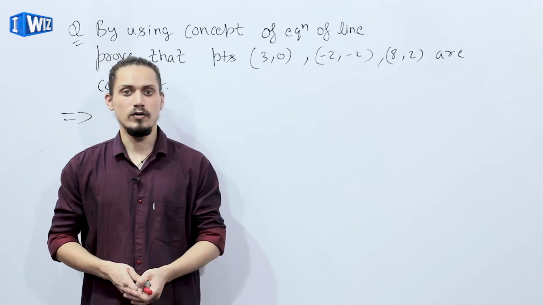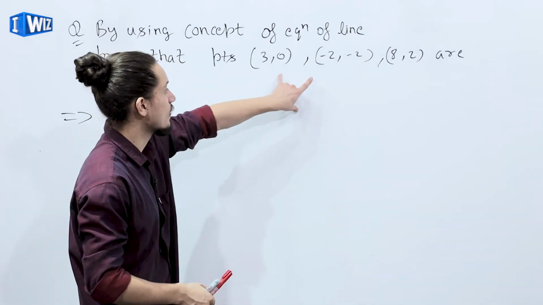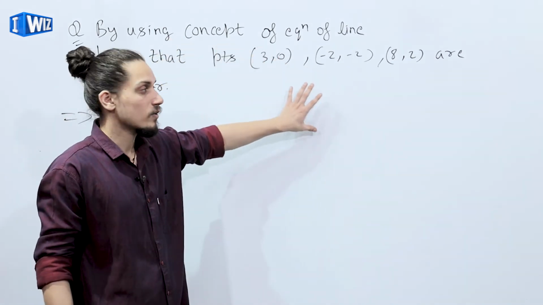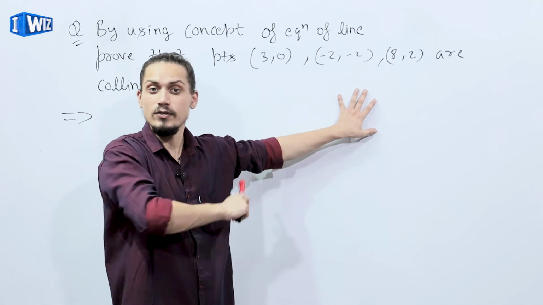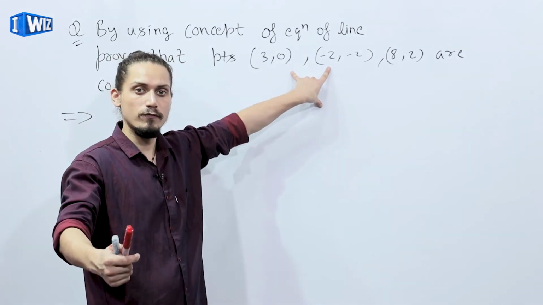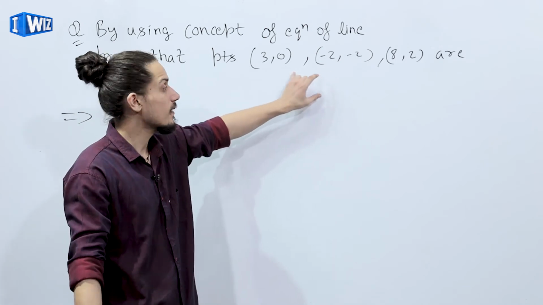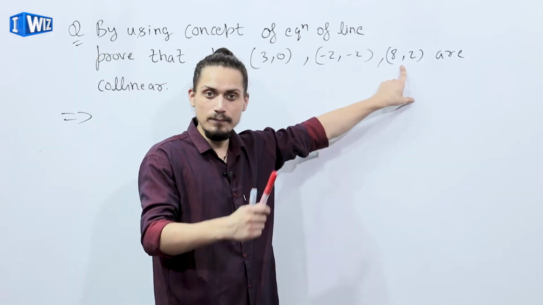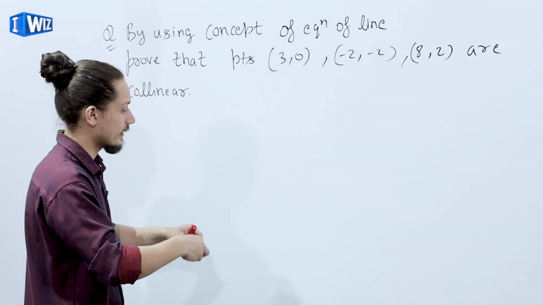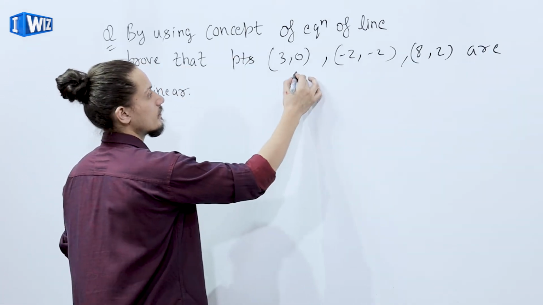In next example, we have to prove that these 3 points are collinear by using the concept of equation of line. तो इन तीनों को हम collinear कैसे प्रूव करेंगे? By using equation of line। हम पहले कोई भी 2 पॉइंट लेंगे, ठीक है, उनको 2 पॉइंट फॉर्म से उसके एक इक्वेशन ऑफ लाइन बनाएंगे, और अगर ये थर्ड पॉइंट भी उसी लाइन पे लाई करता है तो उस इक्वेशन ऑफ लाइन को सेटिस्फाई कराएगा।